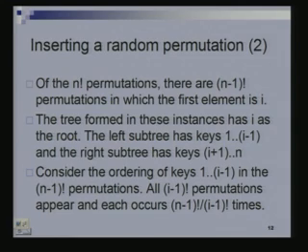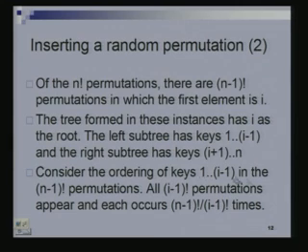So, I am now going to fix a particular element, let us say i, and I am going to look at all permutations in which the element i is the very first element in the permutation. There are n minus 1 factorial such permutations in which i is the first element. In these n minus 1 factorial permutations, the tree that we obtain will have i as the root because it is the very first element, and then the keys 1 through i minus 1 will be in the left subtree of the root and the keys i plus 1 through n would be in the right subtree of the root.